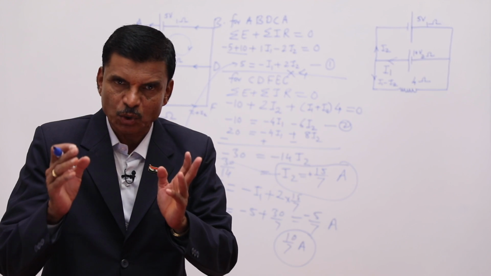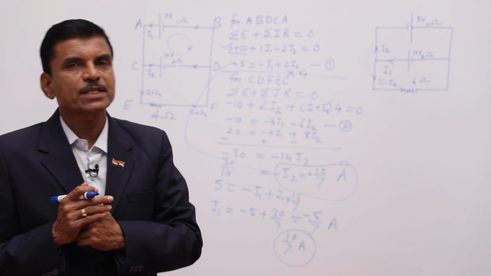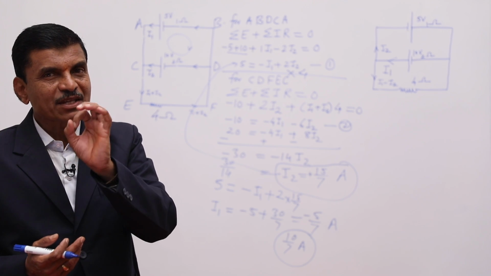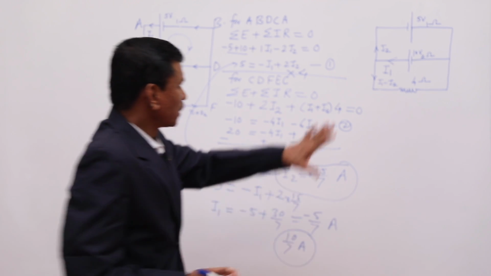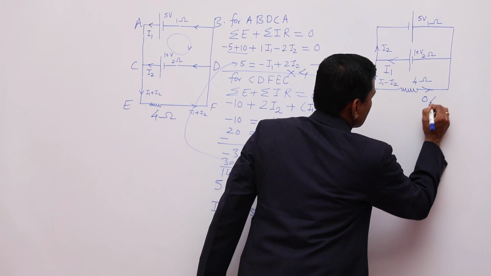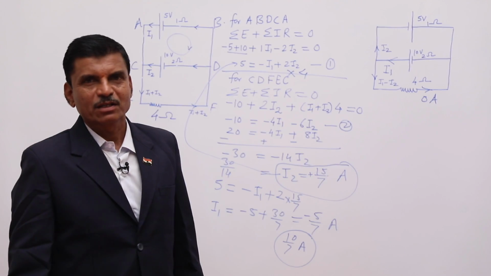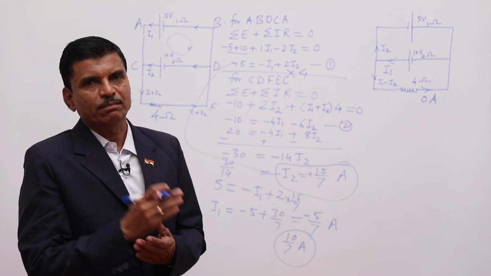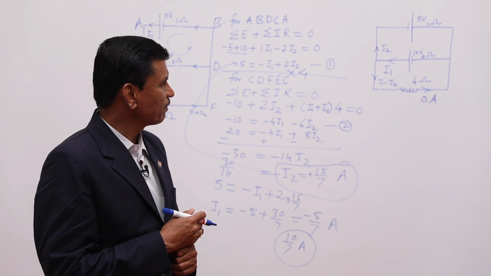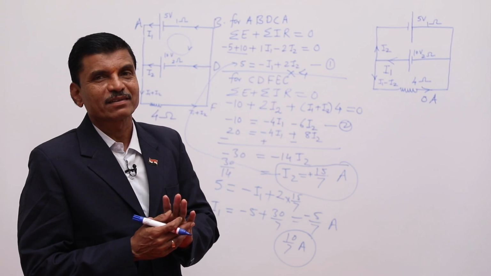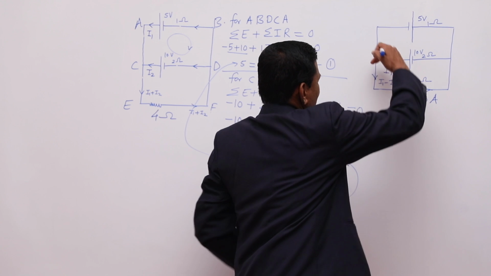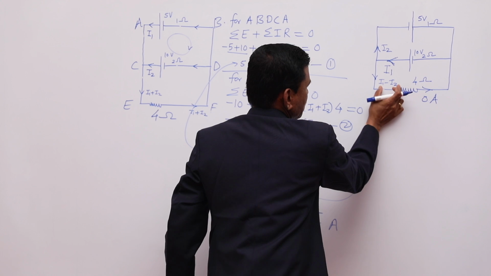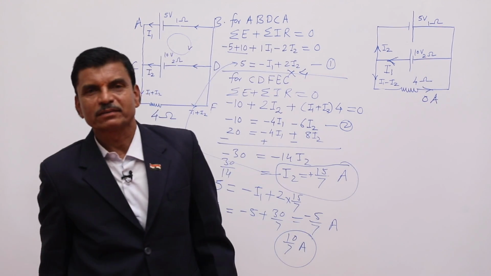You take the different closed loops, write the equations, solve those equations, and very interesting, I am giving the answer for this question. The total current in this is 0 ampere, okay. So you have to solve that example for homework. You will take that example. Answer is 0 ampere. See, this current and this current are equal. This current and this current are equal, and that's why the subtraction is 0 ampere.